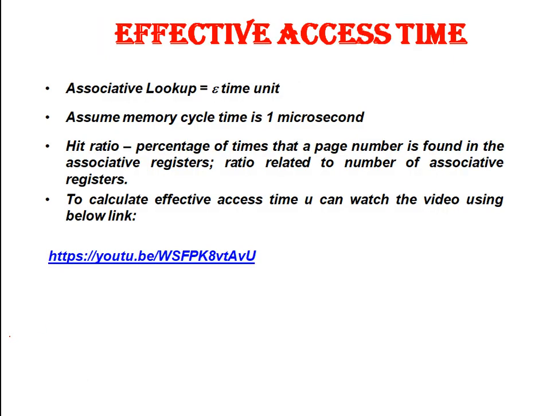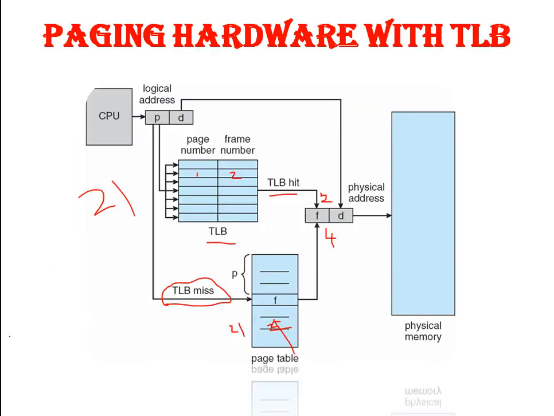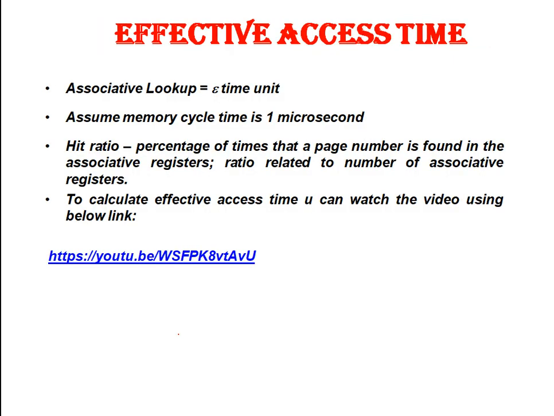So now we shall see how to calculate the effective access time. That is, how much time is required to fetch or search a particular page number. Whenever the page number is present inside the TLB, it is called a TLB hit. Whenever it is not present, it is called a TLB miss. Here, the hit ratio is the percentage of times that a page number is found in the associative registers, a ratio related to the number of associative registers. So how to calculate this effective